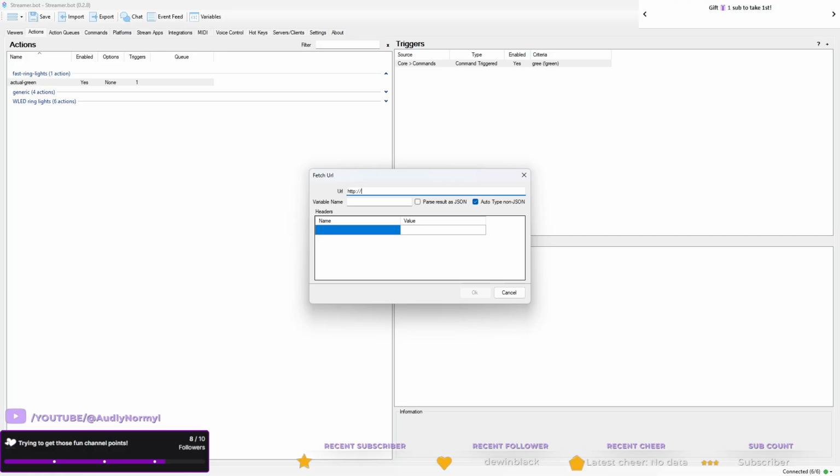Ah, this one's different. It's 192.168.50.87. Same port. /rings /3, or sorry, /7 for this one.